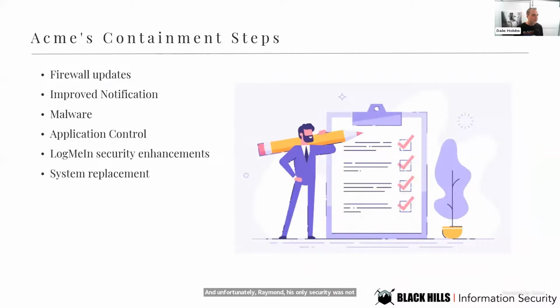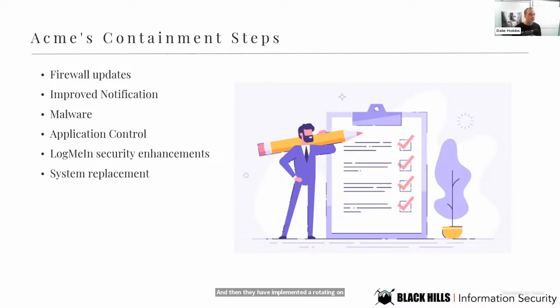Now, some of the containment steps they took. First thing, they updated some firewall rule sets. So they blocked external suspicious IP communications. They limited network connections to the bare minimum that was required. They streamlined the network and system alert notifications by reducing the event noise. They worked with the teams to tune the events properly so they weren't creating a lot of noise, and then eliminated the rules that people had created within Outlook to make sure that people were actually seeing the email alerts. And then they implemented a rotating on-call staff as well.